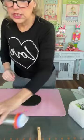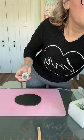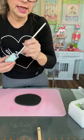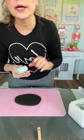All right, so now I rolled out some black. We're going to do exactly what Michelle did. I'm going to take one of my scallop circle cutters and we're going to make some little